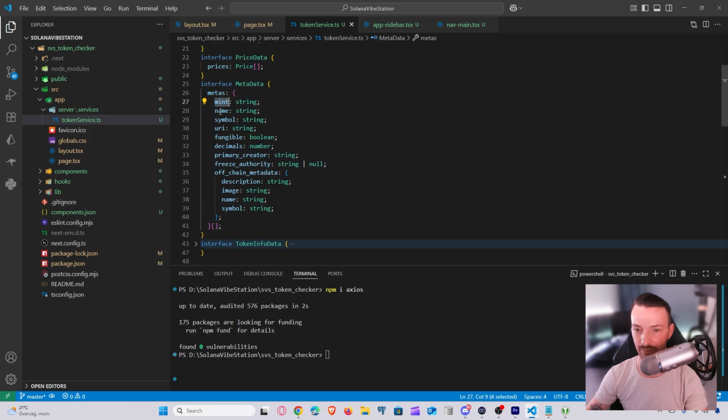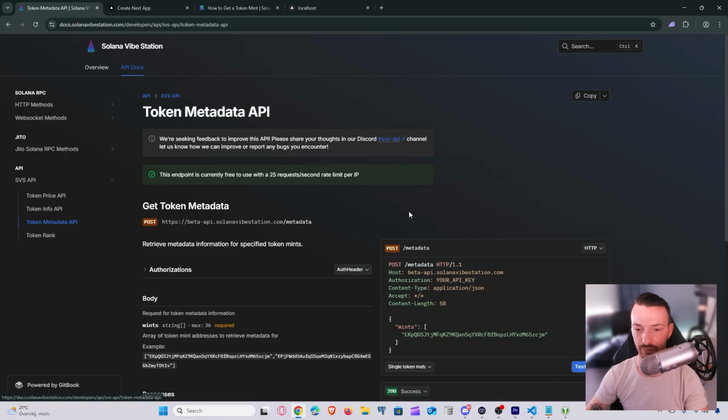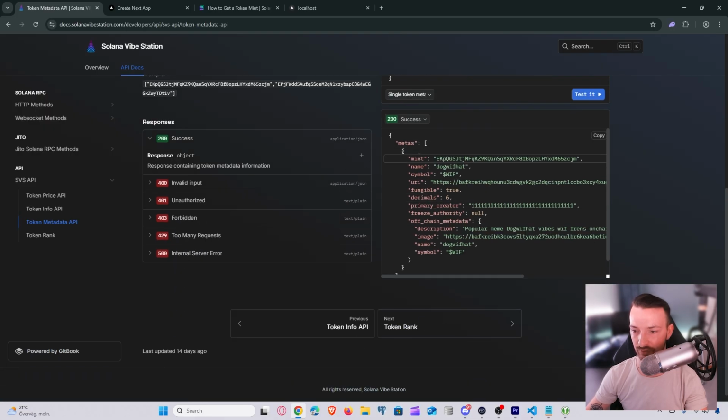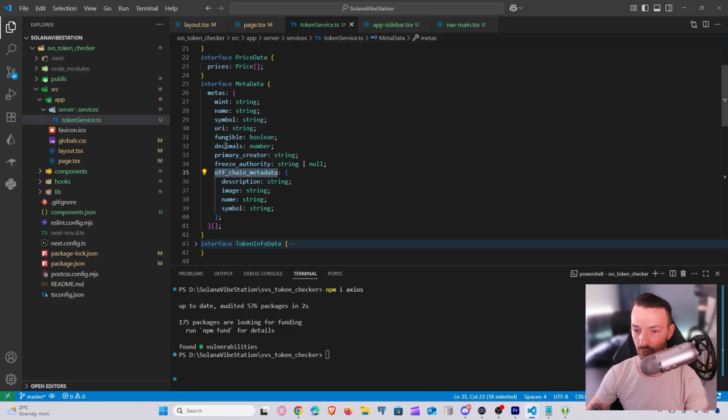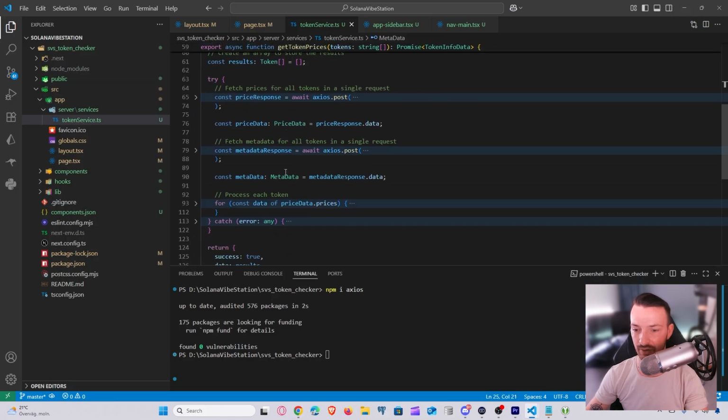And you can see here we have mint, name, off-chain metadata. And if we look at the information here, you can see that we return the mint, name, symbol, and the off-chain metadata. So we also assign a type to the information that has been returned to us here. So the next thing that we do is actually iterate through all the prices that have been returned to us,